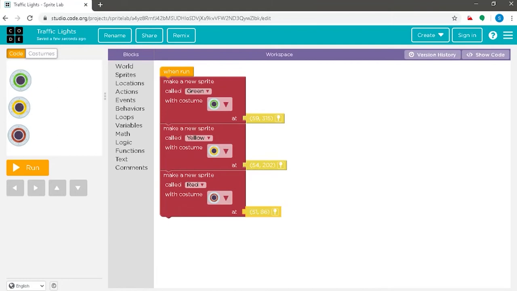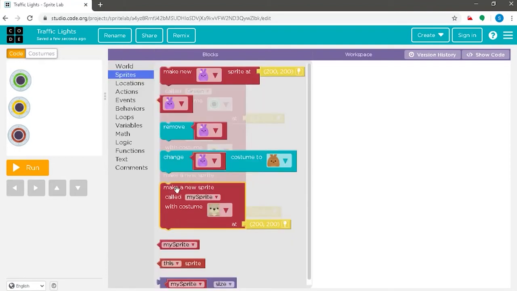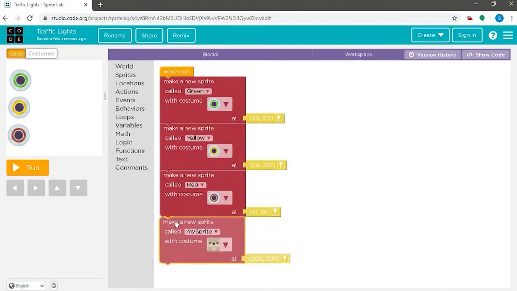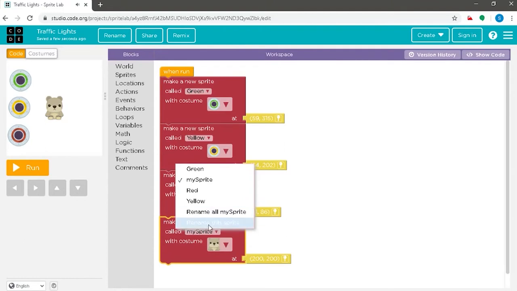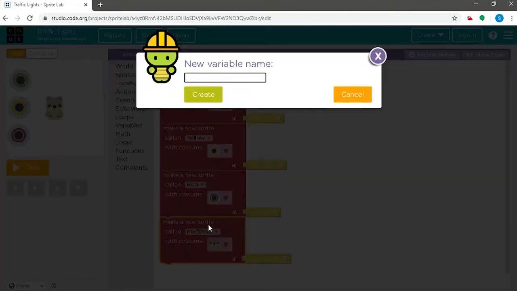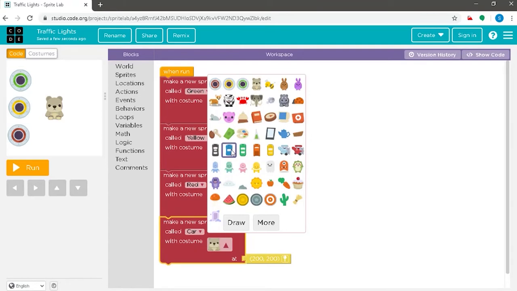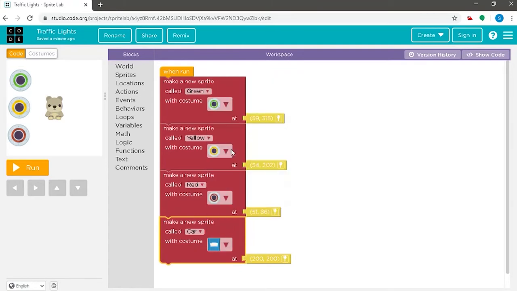We shall now choose the sprite of a car by again going into the sprite section, dragging the make a new sprite and assembling it, renaming it to car and creating it, and we will be changing the costume to a blue car which we have found here.